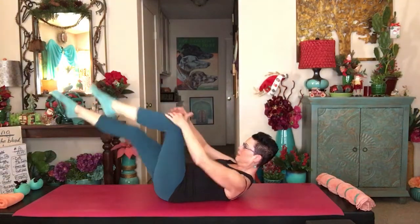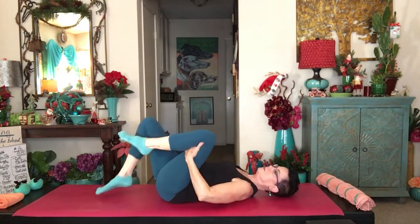1, 2, lower, hug in, roll your head a little side to side. Place the feet down one at a time. Alrighty. All right, now we're going to roll to your side and go into hand and knee position, 4-point kneel